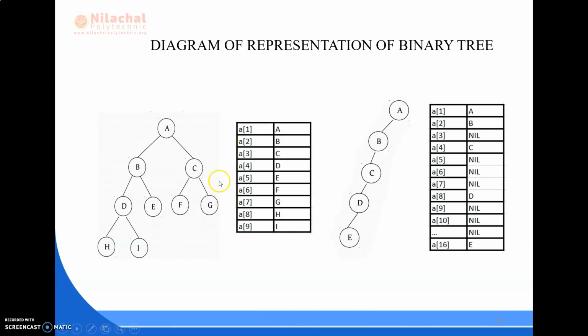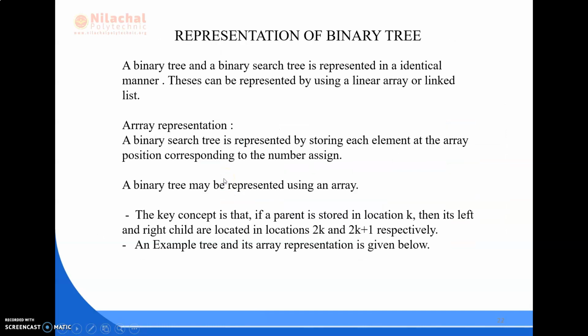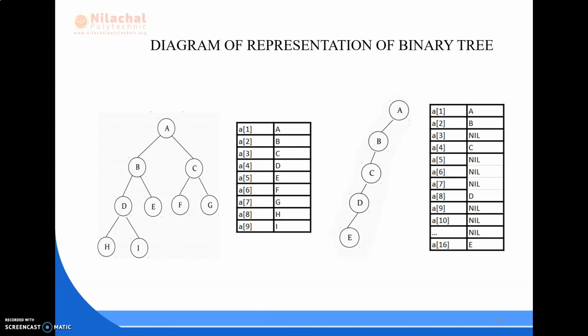So here we can see that if A is stored at memory location 1, that is A of 1, then B will be stored at 2 multiplied by 1 and C will be stored at 2 multiplied by 1 plus 1. If it is stored at the kth location, the left child is 2k and the right child is 2k plus 1.